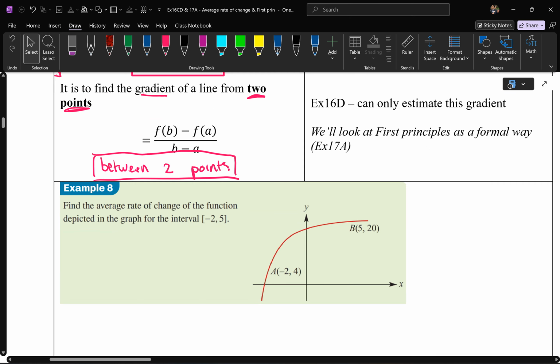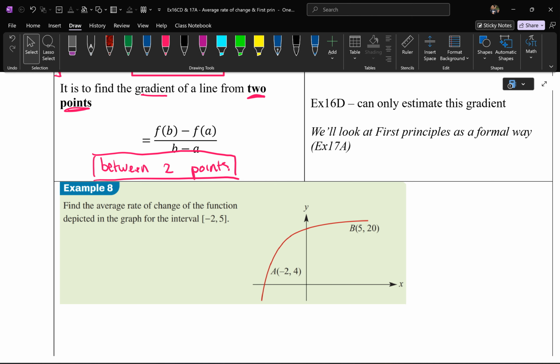Example 8 of your textbook. Here's your graph. That could be the reality of what your performance is every day. And they will say, find the average rate of change of the function shown in the graph. And notice the interval from -2